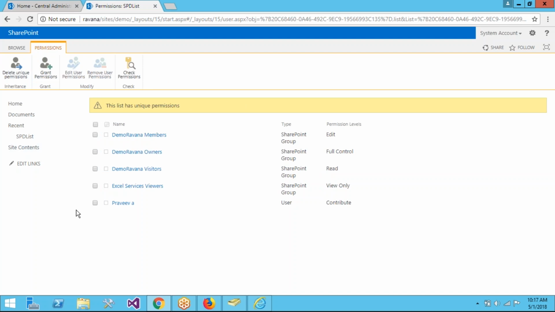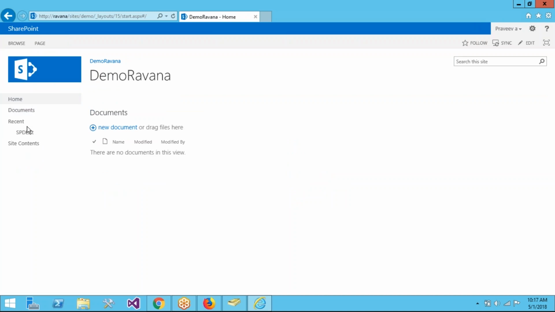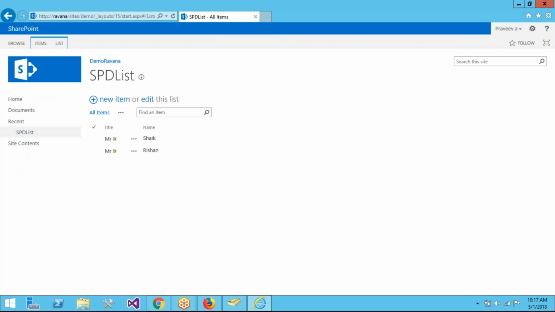But it will not remove the existing permissions. Now I'm going back to the Praveen user. I'm going to home, and I'm coming back to the list. Still this person is able to access. Now what I want is,